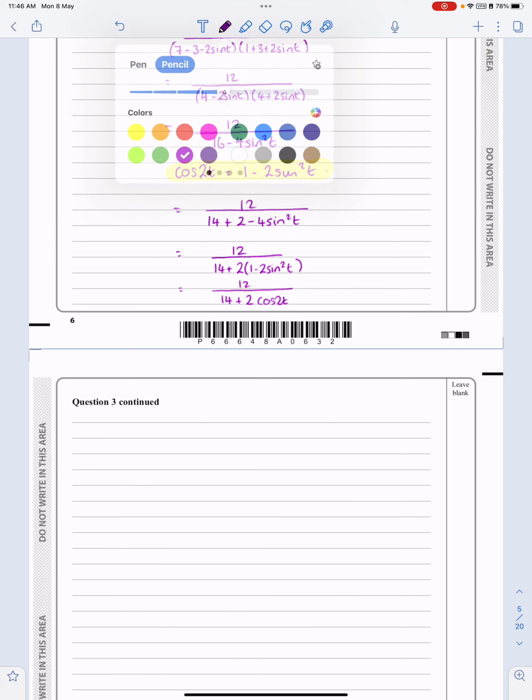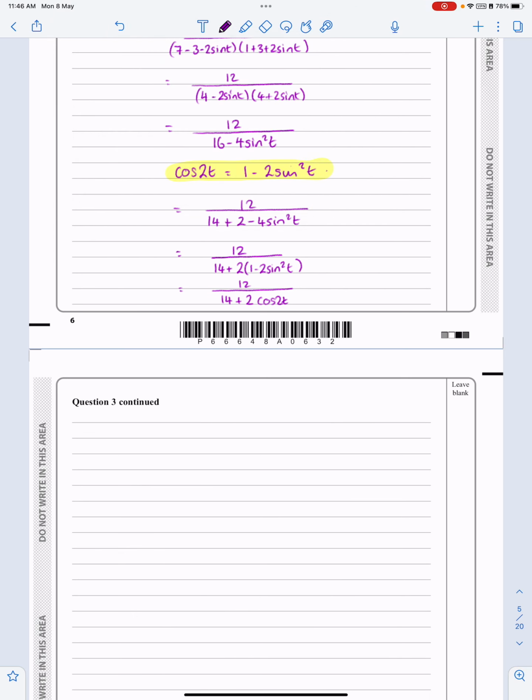That I can just divide both sides by 2, top and bottom by 2, because this was y equals all the way through, wasn't it? So I get y equals 6 over 7 plus cos 2t, which is what I was trying to prove in the first place. So, yep, that's the answer to part A done. Not particularly easy, but